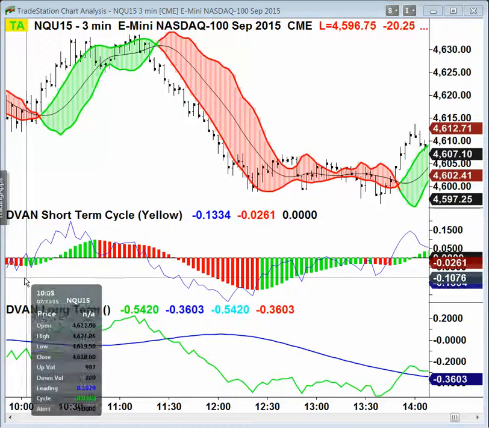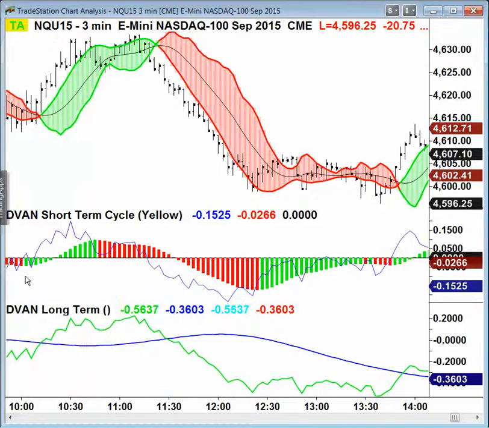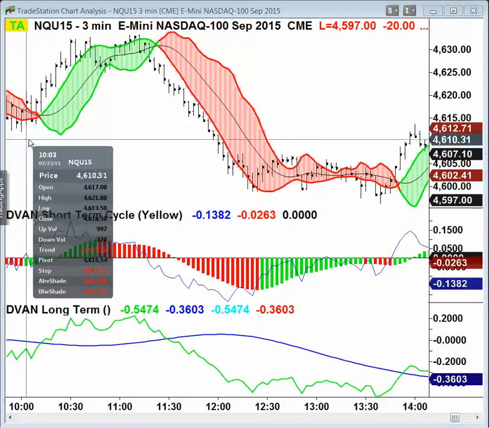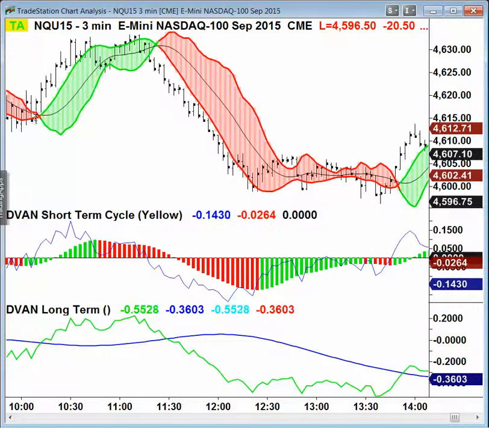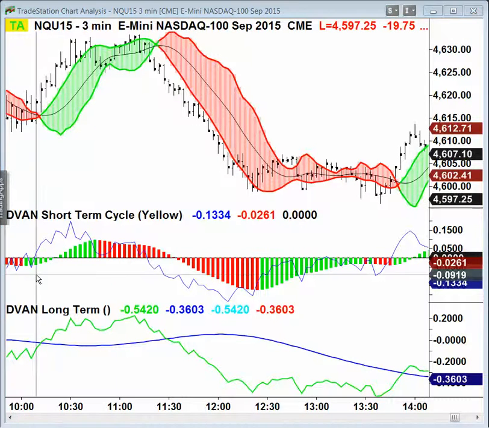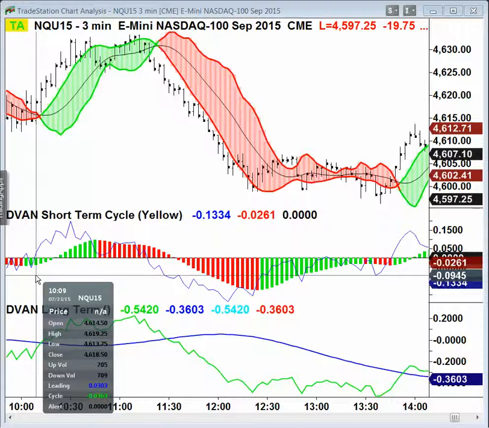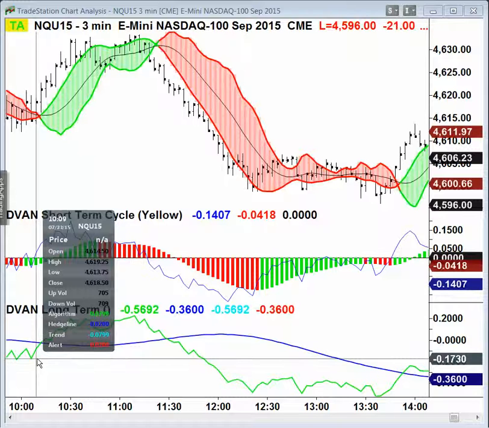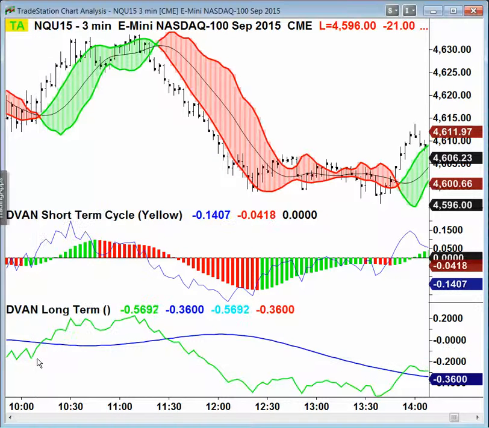We see the green histogram come into play, signaling that we should be looking for strength to come in the short term. We look for the convergence process to occur, which occurs as the leading line, this blue line in the short-term cycle indicator, pushes up above zero, signaling a very good entry execution point. Another thing to notice, one bar later, after this entry, which ends up being at about 4618.5, we see the